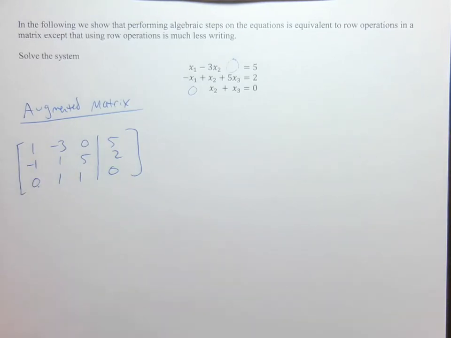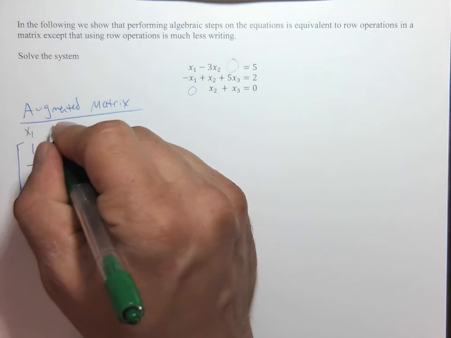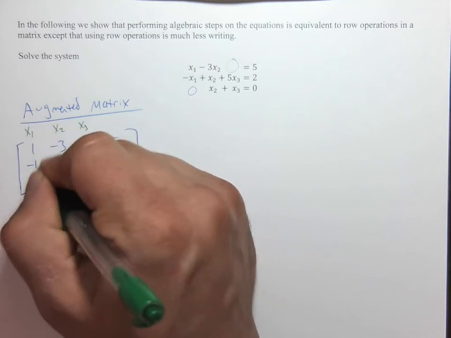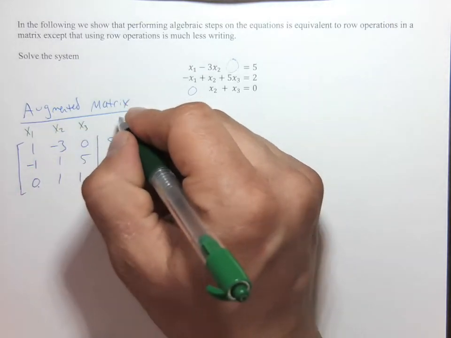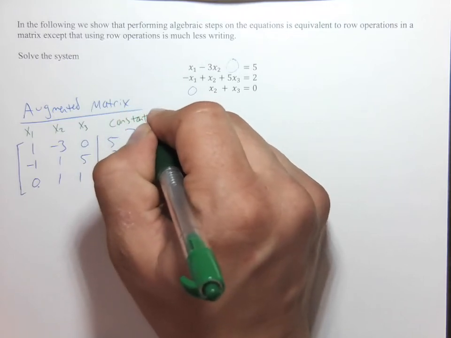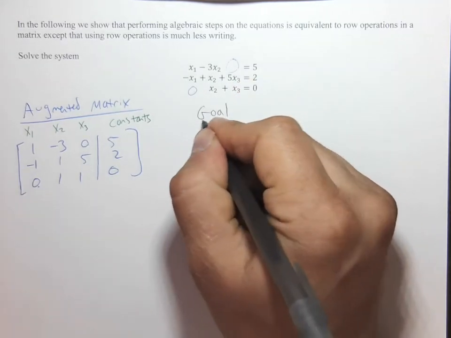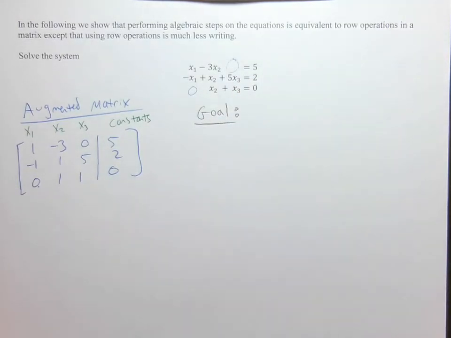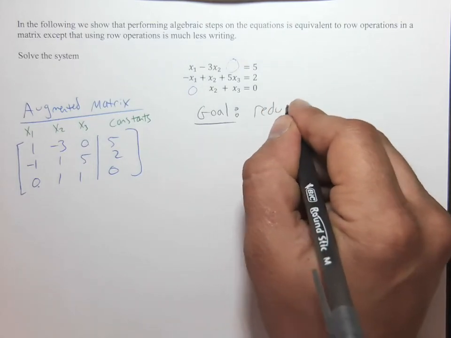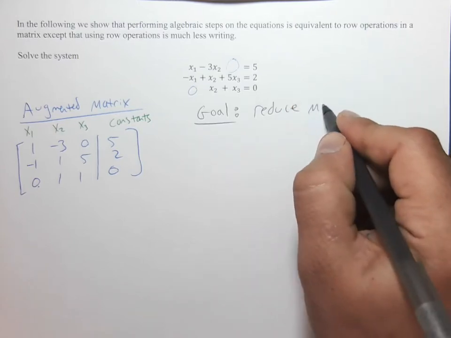That's important because, as a reminder, we want all the x1 coefficients in the first column, the x2s and the x3s in their respective columns, right? And so these are obviously the constants on the right. Now, as you hopefully pause the video and try to solve this, let me just try to reiterate what your goal is. And we're going to flesh out the details of this process in the next couple sections. We're really just introducing the idea right now, and then in the next couple sections we're going to make it more detailed. But the goal is we want to reduce this matrix by adding and subtracting multiples of rows